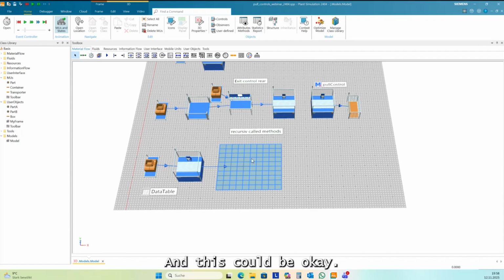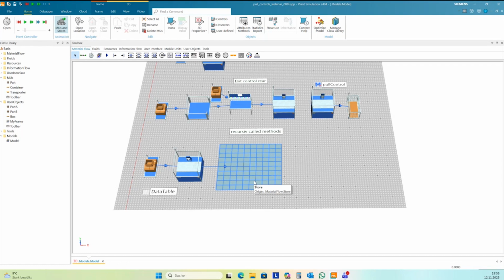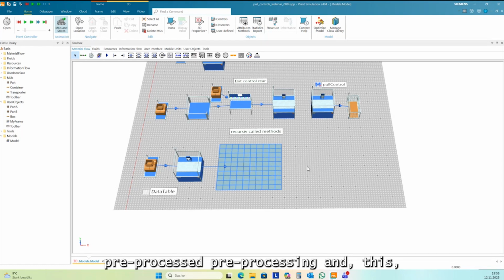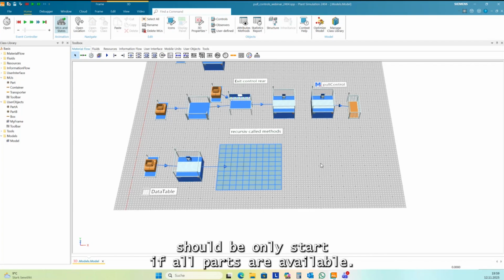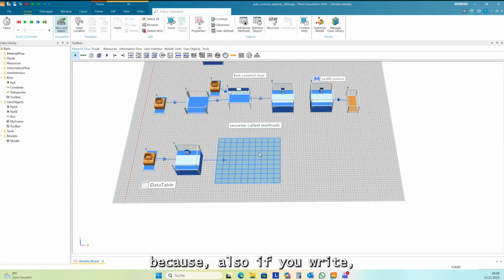And this could be, okay, you need to collect all parts you need for a sampling process, and then you have a pre-processing, and this should only start if all parts are available. This is quite complicated because if you write inventory here, you cannot wait for one cell inside a table.